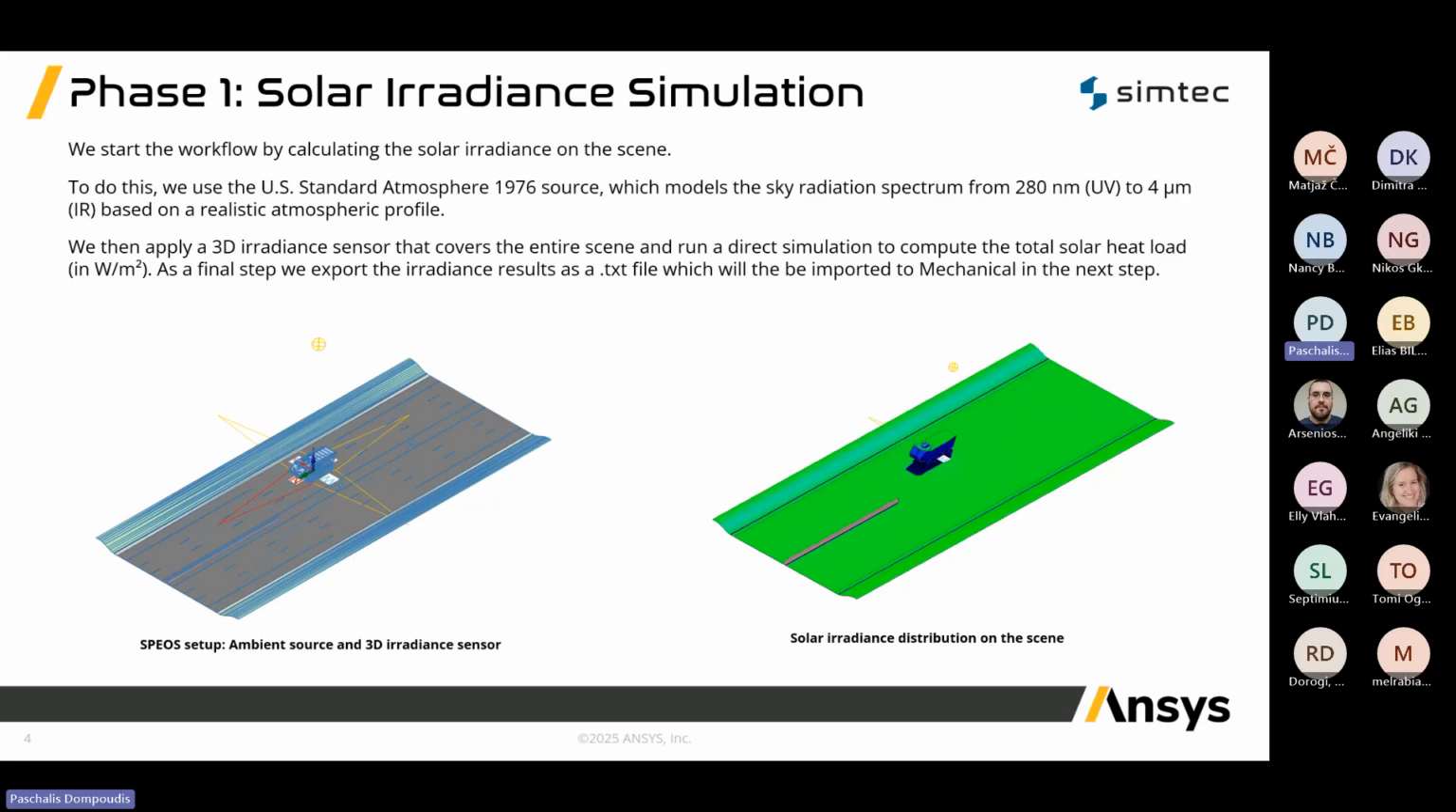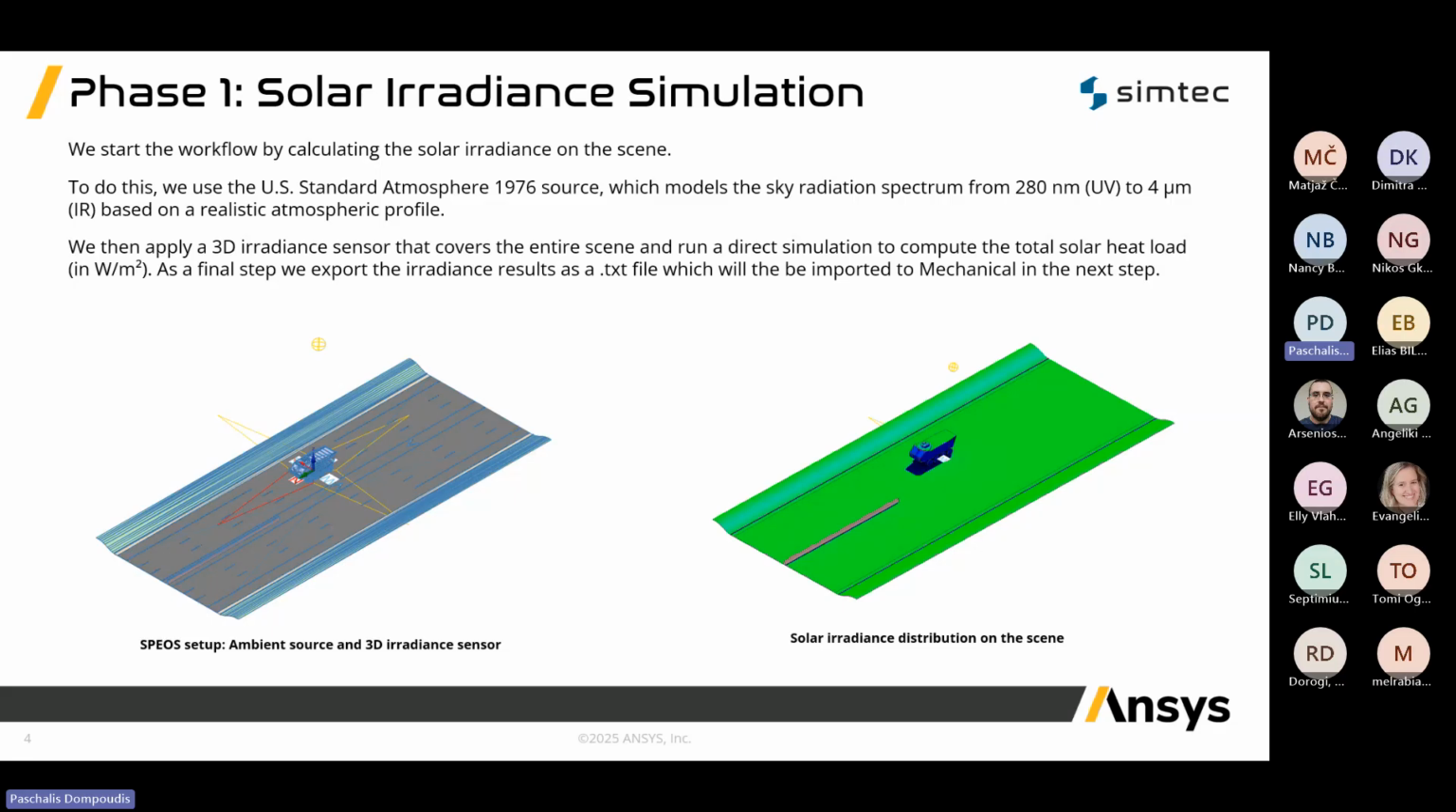So this step, as mentioned previously, is performed in Ansys Speos. To begin, we set up a realistic sun and sky model. For this, we use a Speos ambient source called US Standard Atmosphere 1976, which provides a physically accurate spectrum of sunlight. Next, as you can see in the image on the left, we place a 3D radiance sensor over the entire scene. And the purpose of this sensor is to measure the total solar power landing on every point of